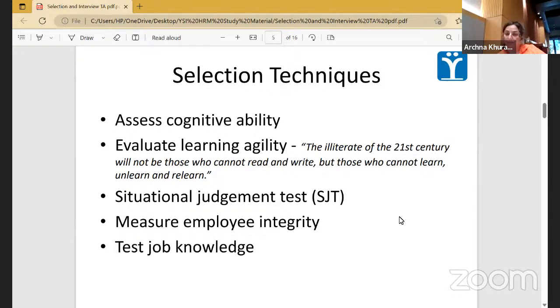A lot of companies believe in designing their own assessment tests, so that they can choose and select people as per their own organization culture, their own needs and requirements. Then the second part: it's not necessary that cognitive ability can be assessed only through a test. It can also be assessed through interviews. You create a questionnaire or you ask questions and answers to persons.